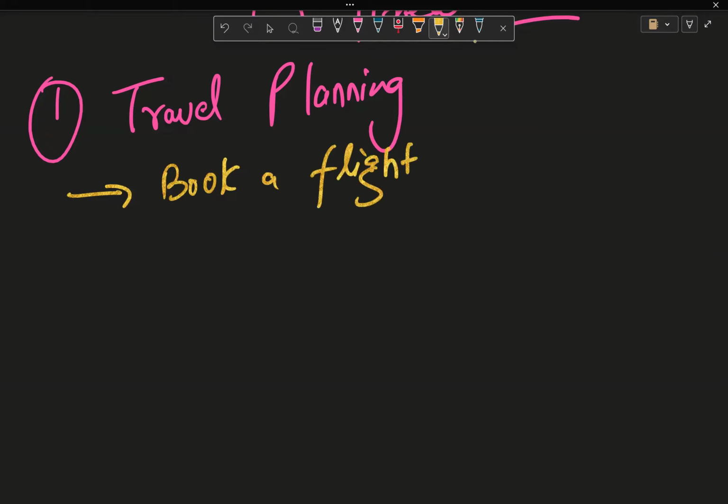And let's suppose you have given the query: plan a trip for Shimla on 30th May